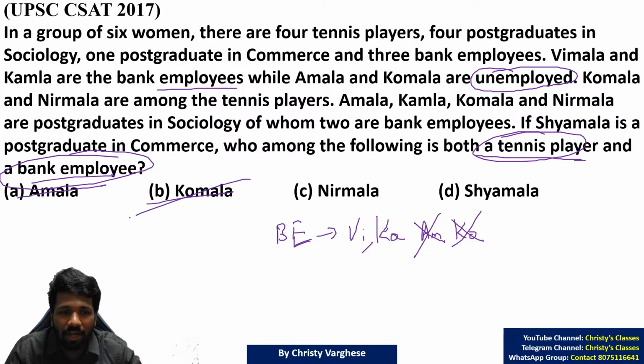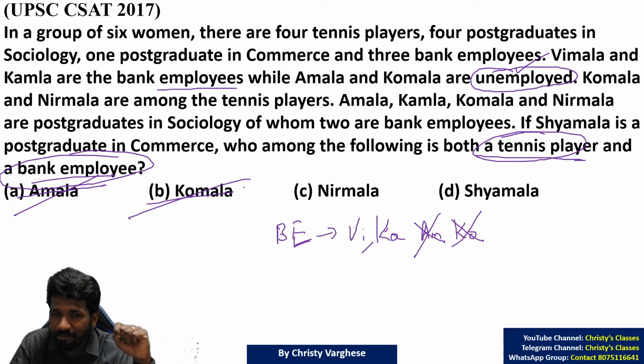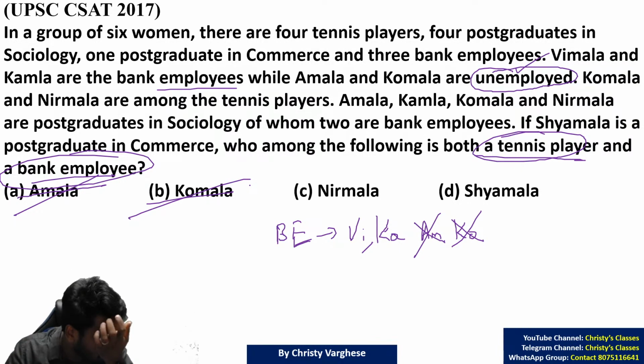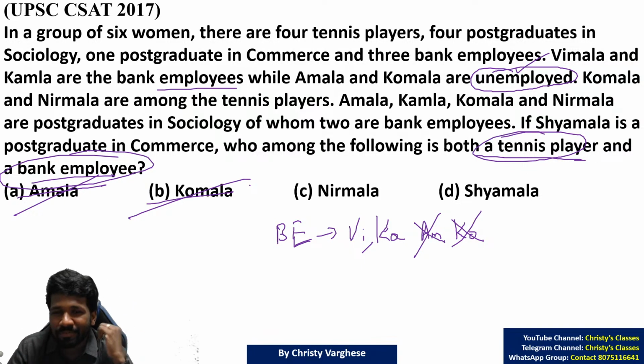Because Amala and Kamala cannot be bank employees, because Amala and Kamala are not employed at all. Is it clear? So these 2 options are eliminated. Now it is like Kaun Banega Crorepati, you have taken the lifeline 50-50. 2 options only, na? Don't just randomly pick one by singing Ingi Pingi Ponki or any